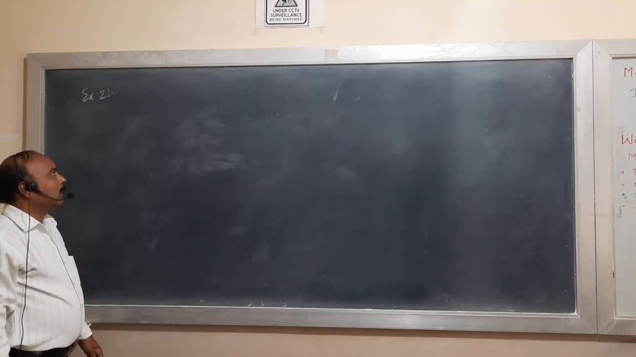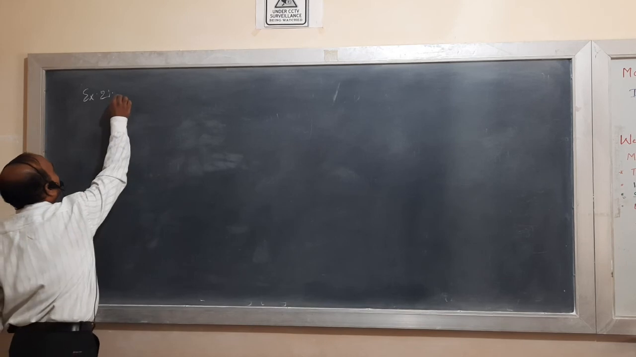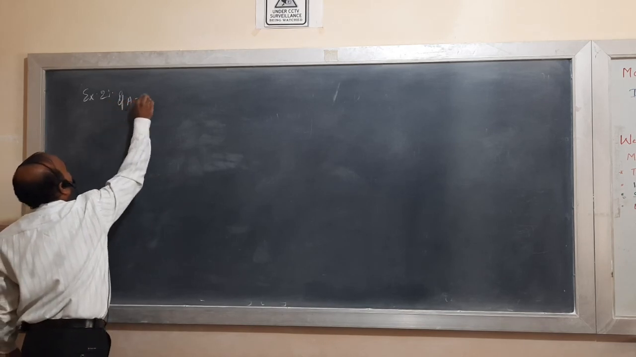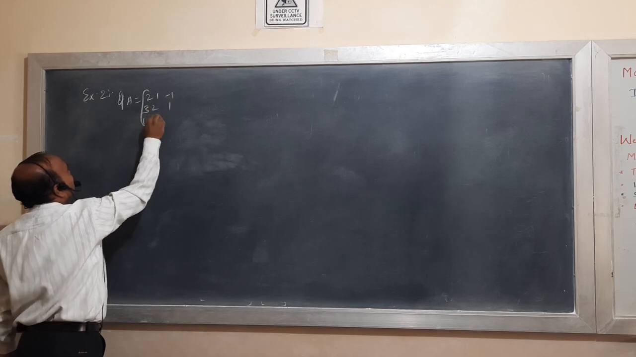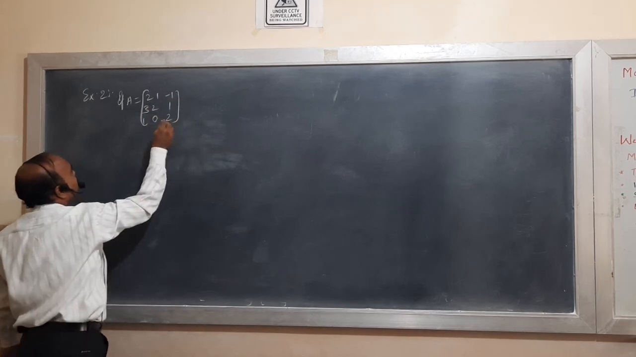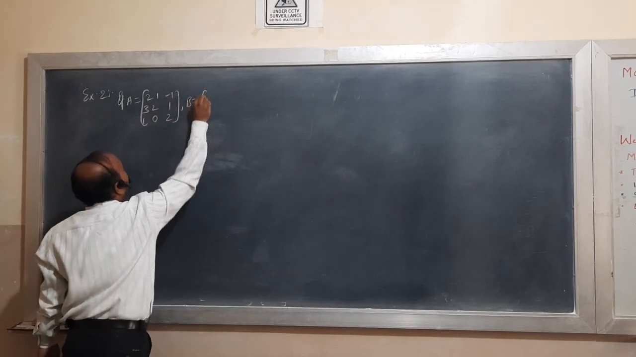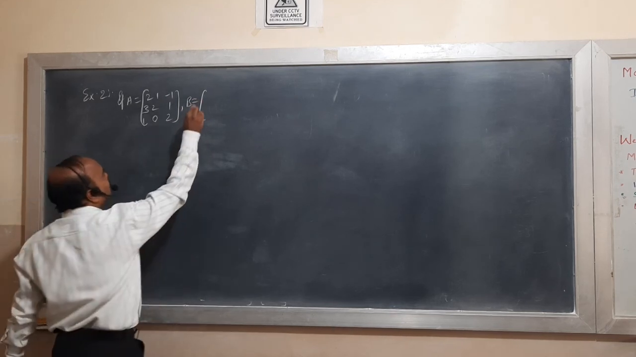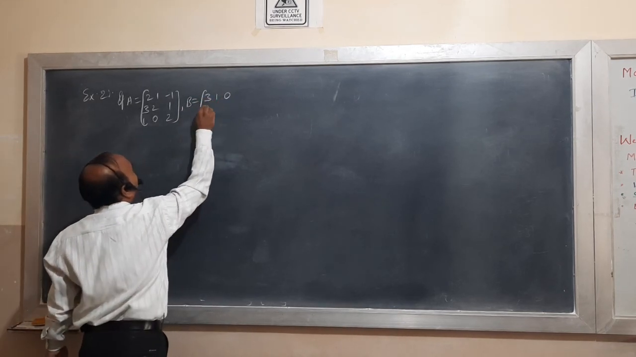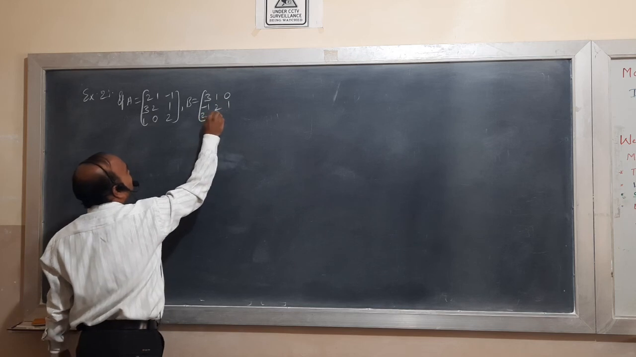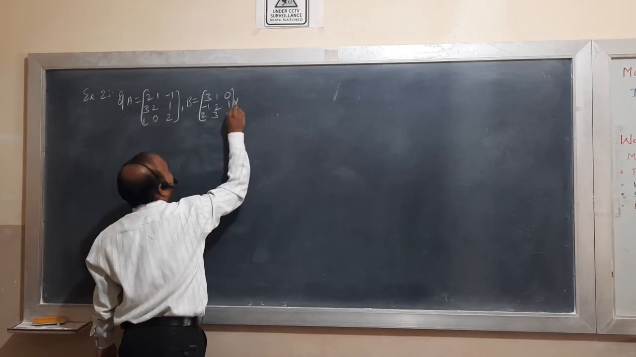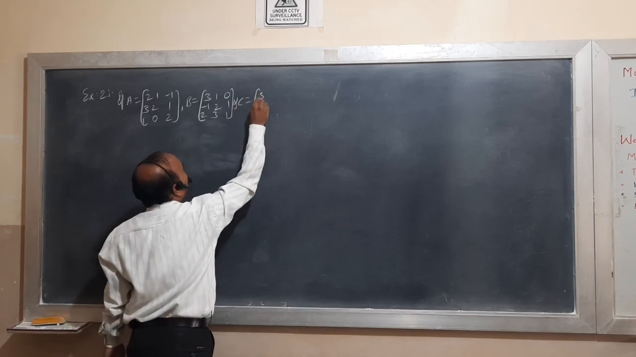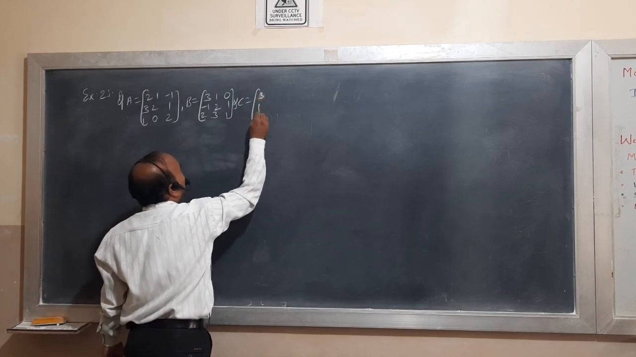Let's go for another example. If A equal to [2 1 -1; 3 2 1; 1 0 2], B equal to [3 1 0; -1 2 1; 2 3 1], and C equal to [3; 1; 4],